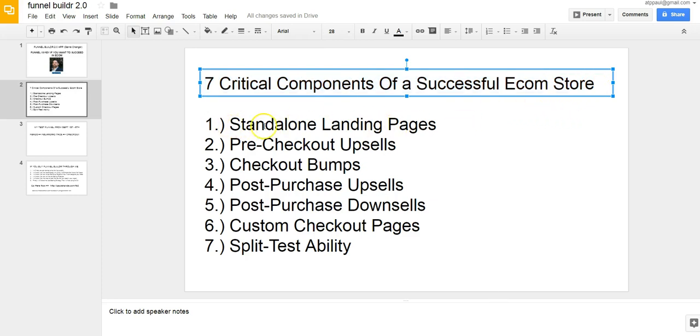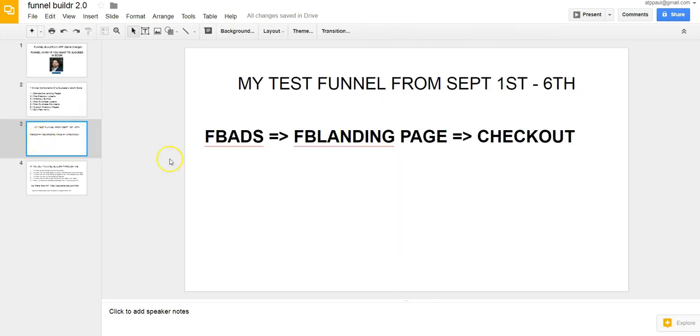It helps you to create standalone landing pages, pre-checkout upsells, checkout bumps, post-purchase upsells, post-purchase downsells, custom checkout pages, and then you can do split tests. And currently this is what I've been doing. I've been testing this particular funnel flow starting from the 1st of September, and shortly I'll log into my Shopify store and show you what I'm talking about.